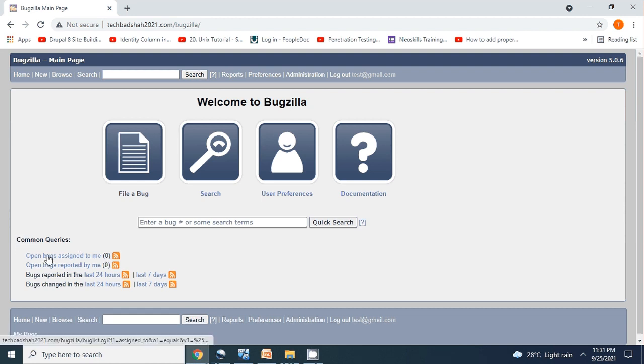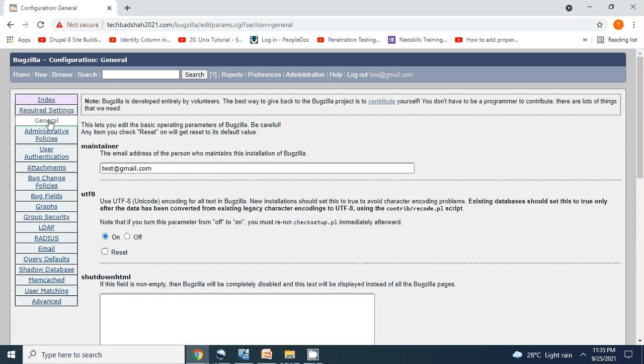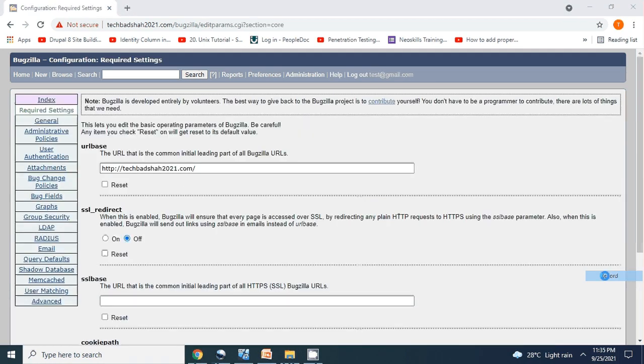The dashboard will also offer you common queries: open bugs assigned to me, open bugs reported by me, bugs reported in the last 24 hours, bugs changed in the last 24 hours, and obviously the last 7 days. So our required settings are completed. Now we will look at the other settings which are there.